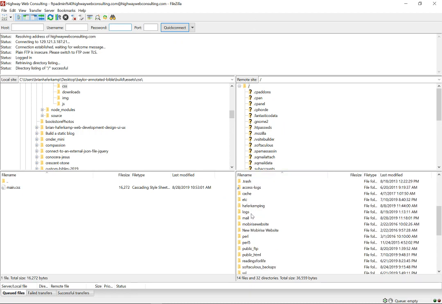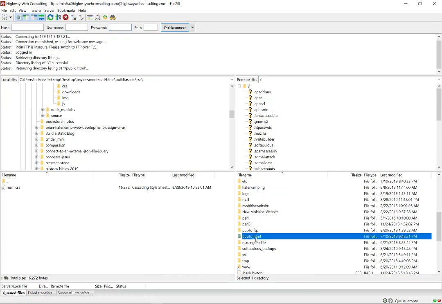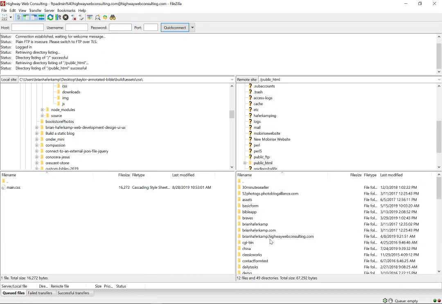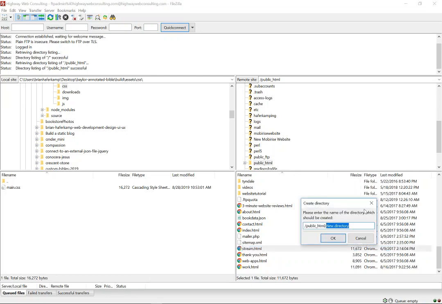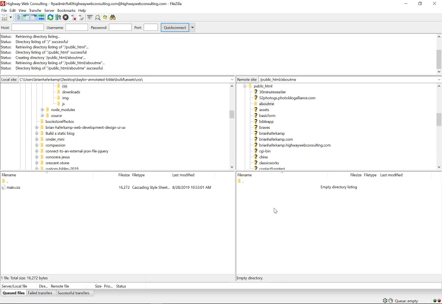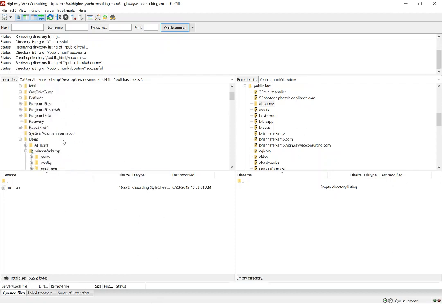But you can see now that I have access to all the folders that are on my web hosting account. Now I'm going to go into public HTML, which is sort of a normal folder for outward facing websites. And I'm going to create a new directory, and I'm going to call this About Me. And I'm going to go into the directory. Now on this side, so this side is your server. On this side is your local computer. So we need to go into our About Me